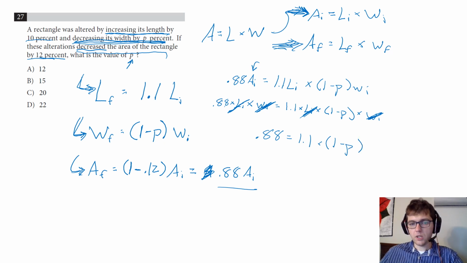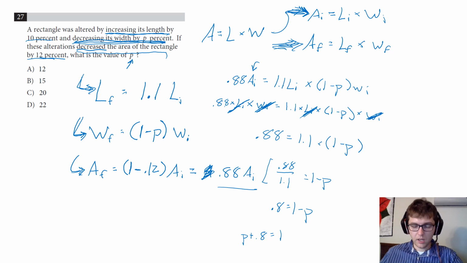Now, divide both sides by 1.1, so you'll have 0.88 divided by 1.1 is equal to 1 minus p. Go ahead, throw this in your calculator right now. Do 0.88 divided by 1.1. You'll see that 0.8 is equal to 1 minus p. Add p to both sides. You'll get p plus 0.8 is equal to 1. And then subtract 0.8 from both sides, and you will get that p is equal to